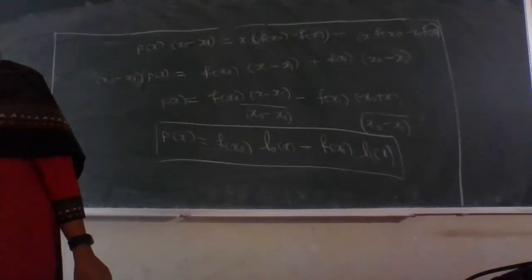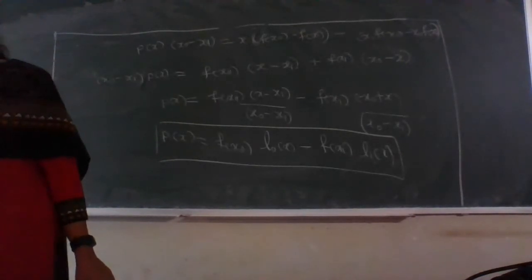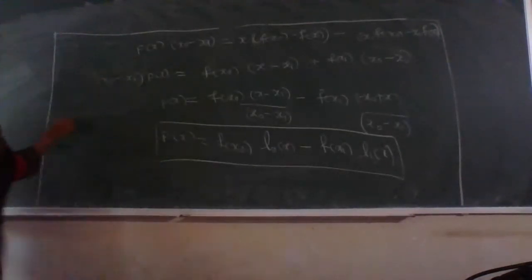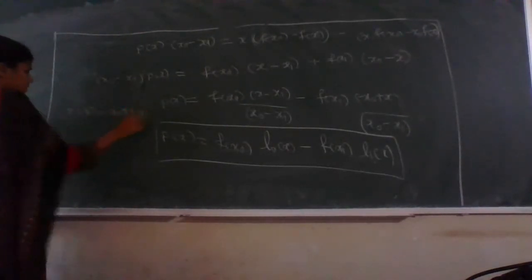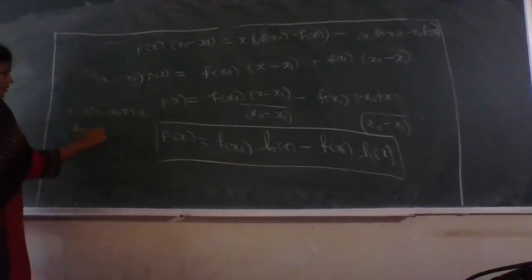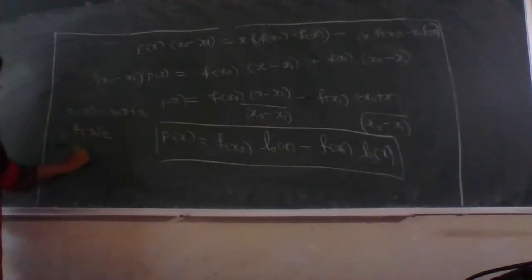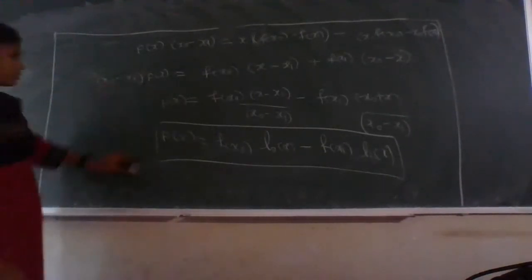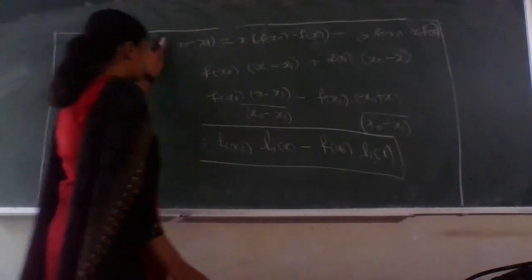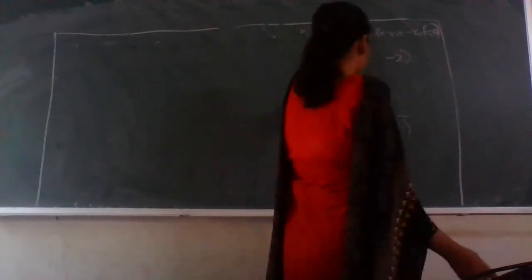This Lagrange's interpolation of a degree 1 passing through the 2 points. What are the 2 points? x0 f of x0, x1 f of x1. Because we have written the 3 equations. What was our equation 1? P of x is equal to a0 x plus a1. What is our second equation we have found in terms of f of x0? Okay, third equation was f of x1 and so on. So this we have solved with the help of 2 points. What are those 2 points? X naught f of x0 and x1 f of x1. If you see clearly, this contains only 2 sums: x naught, x1, f of x0, f of x1.